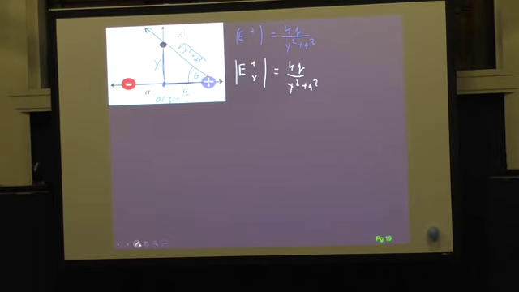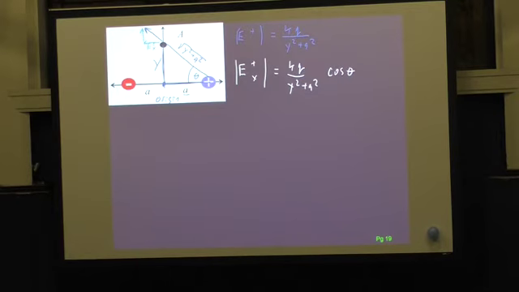If I draw my little picture, or add to it, there are two points, this point here and this point here. I care about the E positive in the x direction. That's the component that I want to find. So how am I going to do that? Well, the easiest way to do that is to say